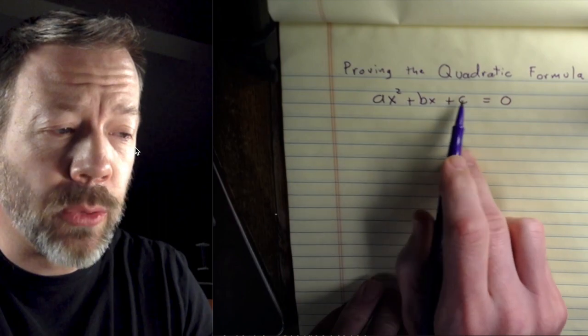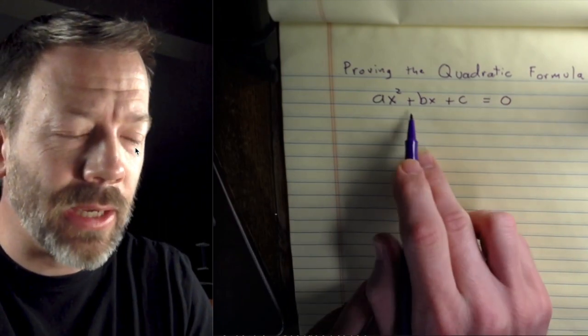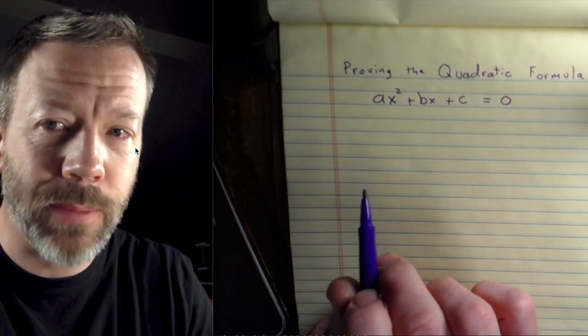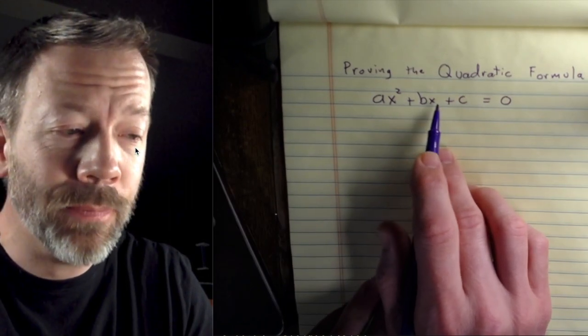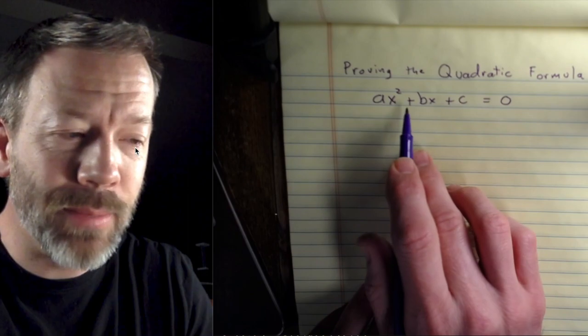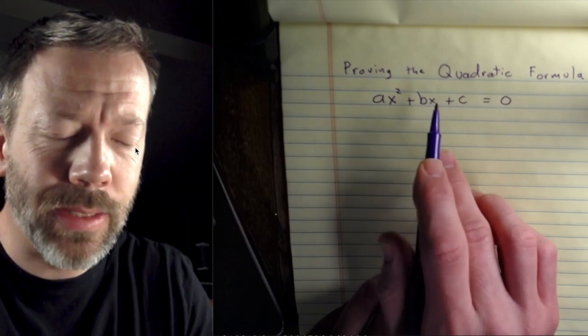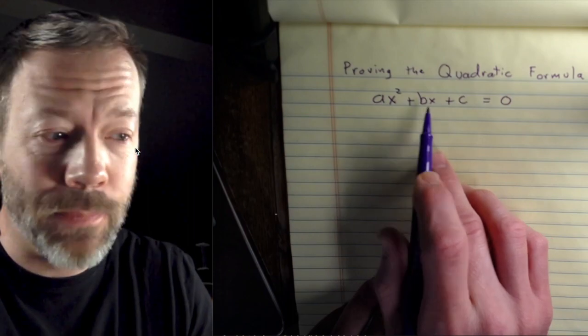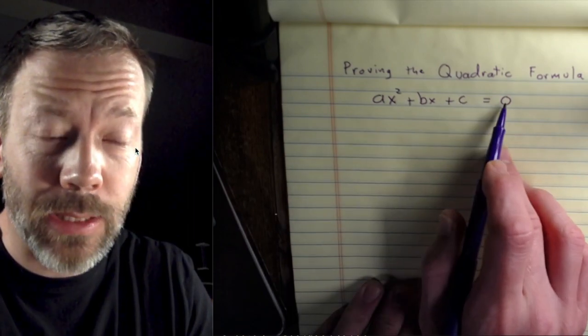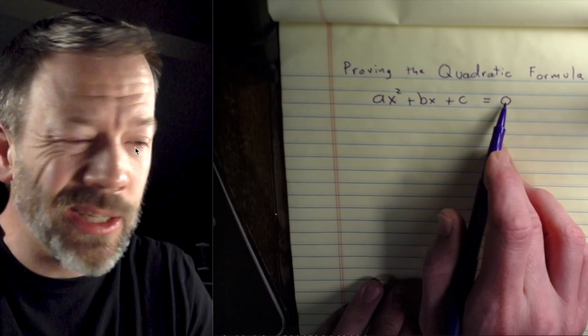Normally, if you want to solve an equation, if you can factor it and solve it that way, that's a really good way to do it. But sometimes it's difficult to know how to factor it. You have to guess so much. Or sometimes it can't be factored with integers. You're going to need some decimals or some square roots. When those things happen, the quadratic formula is really helpful because it allows you to solve quadratic equations without having